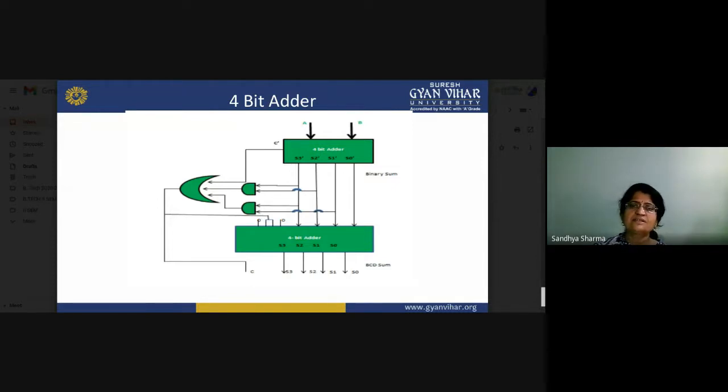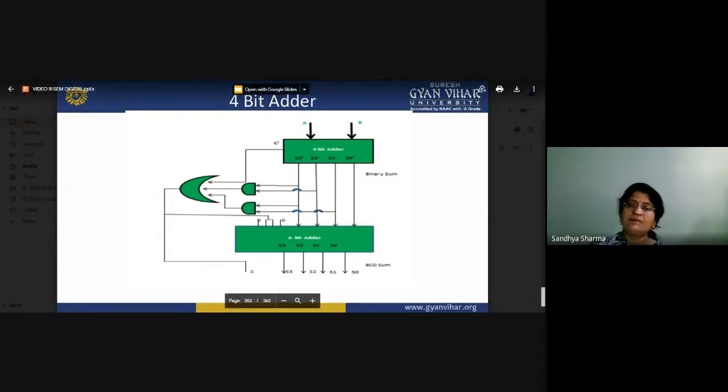This is how we can assemble a big multiplexer with the help of small multiplexers. And the demultiplexer follows the same process.